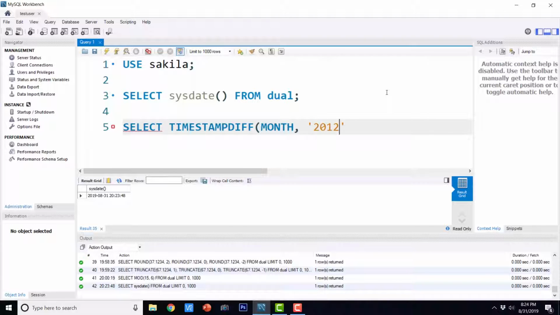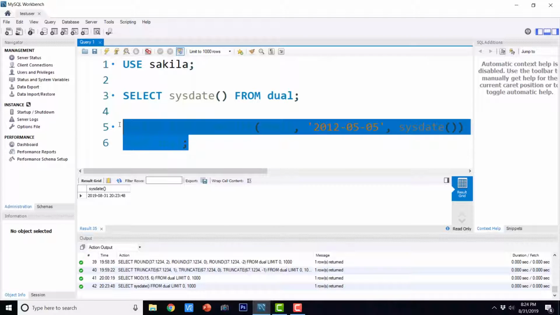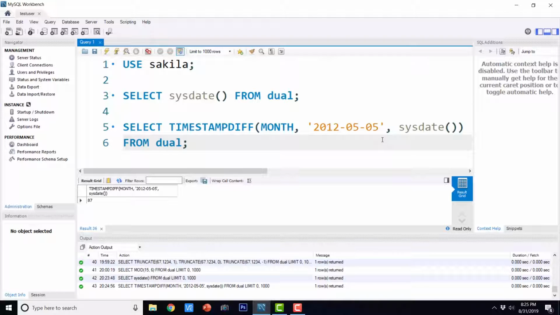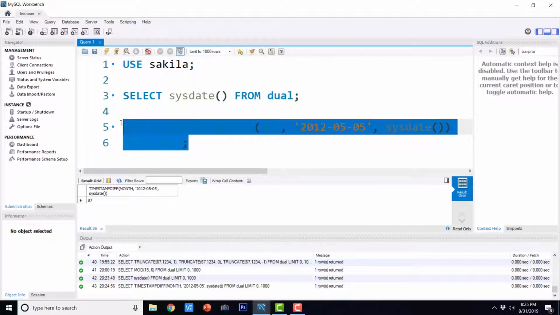And let's say 2012-05-05, comma sysdate. This is going to return today's date, from dual. I'm going to copy this and execute it and see the output. So this is the output. This is the difference in terms of months. And if I say day, it is going to give us the number of days.